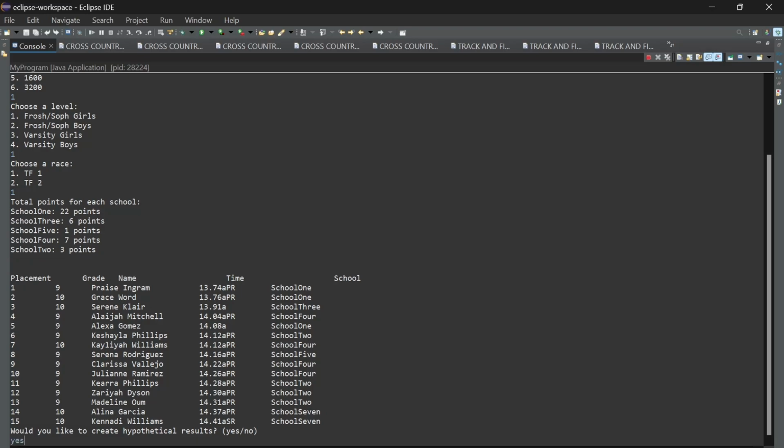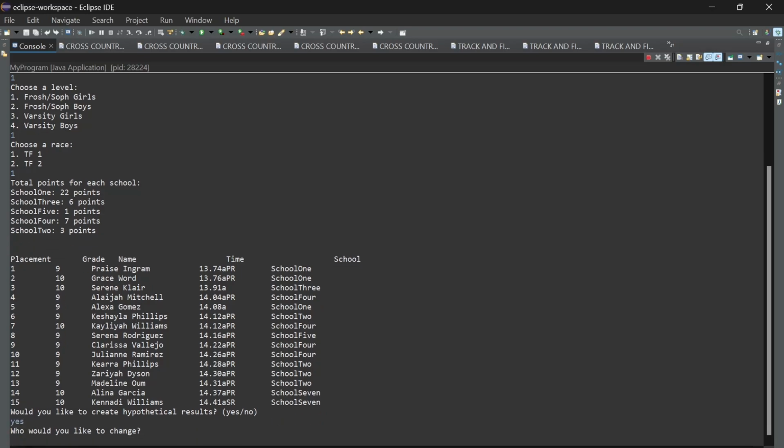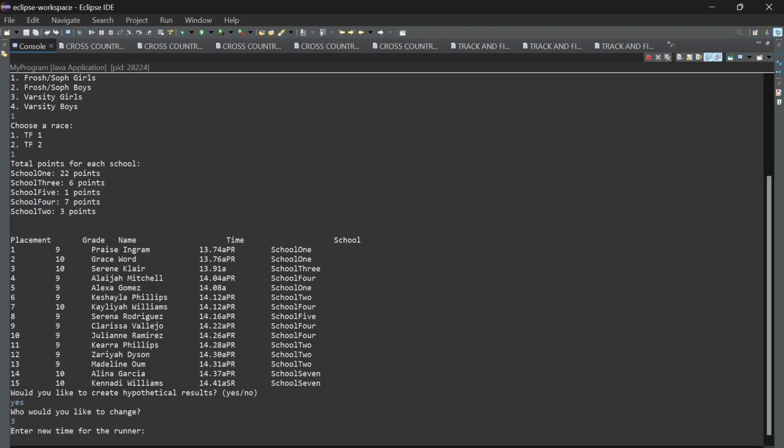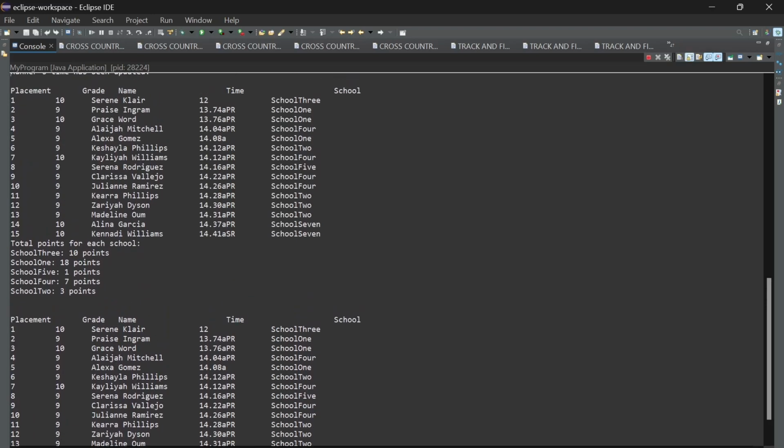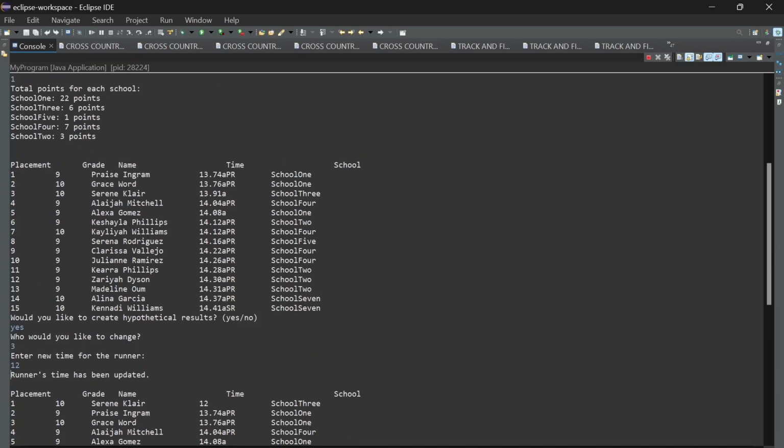And if they would like to create hypothetical results, it's the same thing as the previous code, where they're asked who they would like to change. They could change whomever they'd like, and then enter a new time depending on the race, of course. And it will resort the runners